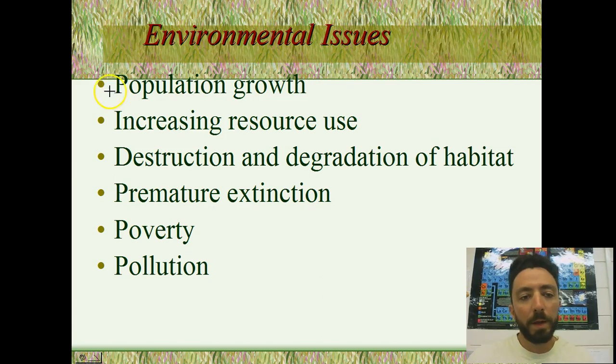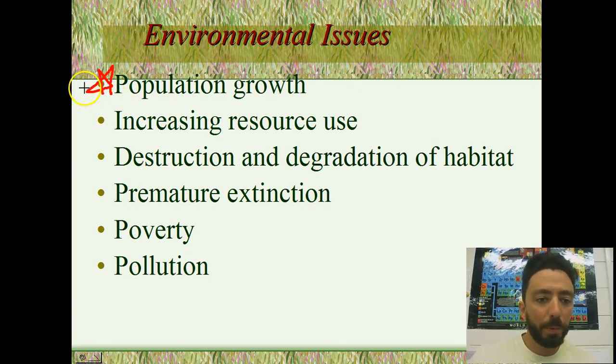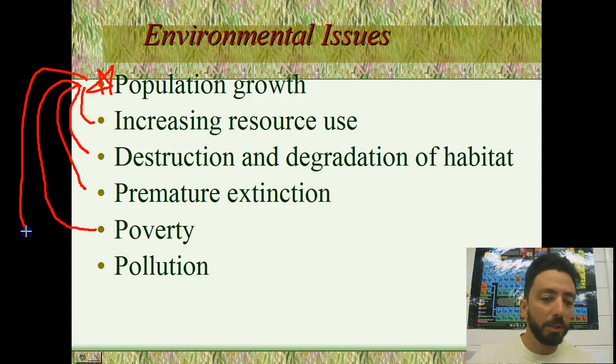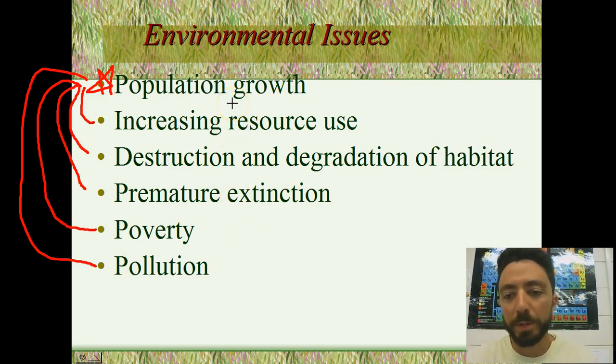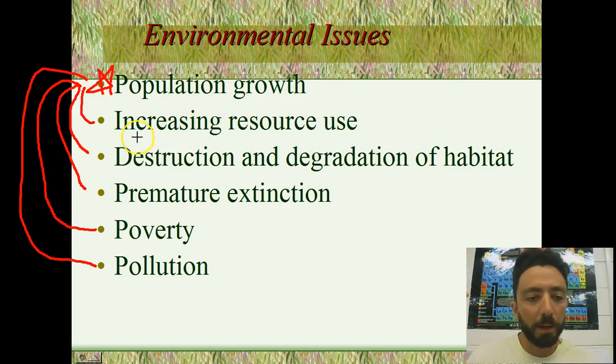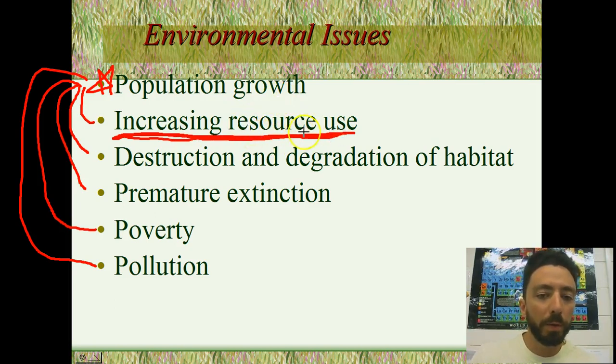This is some of our big environmental issues we're going to study this year. Population growth is the first one here, and that one kind of precipitates to these other ones. I like to think of population growth as one of the biggest issues facing the Earth. Population growth is simply too many people on the planet, and along with that comes increasing our resource uses. In order to supply these people with the food, water, and luxuries that they want, we have to use up more resources, and we push more of the renewable resources to becoming non-renewable,